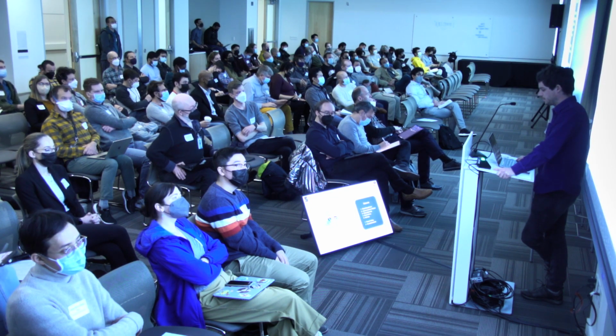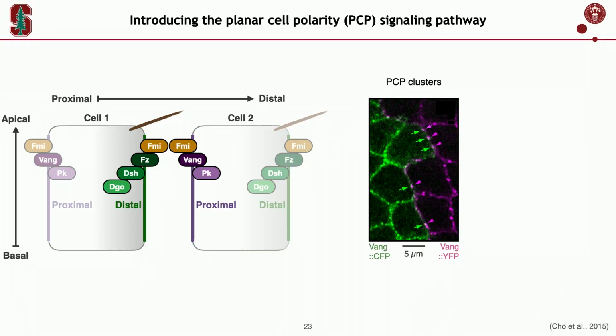Knowing the direction is important for the cells. Here I zoom in and imagine the fly sheet again. Here you see 8 cells in the fly sheet. So this is something we can do in flies. We can label Van Gogh in YFP here on the right in a subset of the cells, and in a neighboring subset of the cells, we can label the same protein in cyan. The reason why this is cool is because it allows us to scan down the membrane here